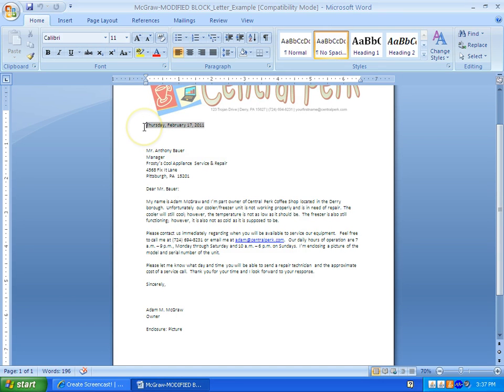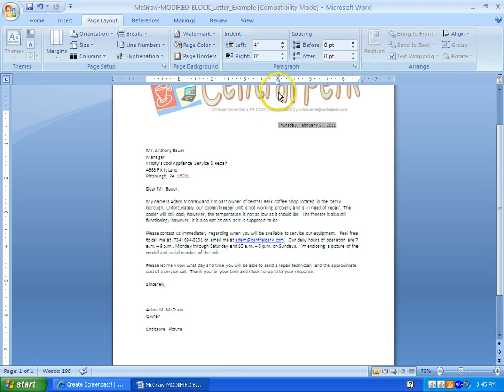So we want to select right in front of the date line, and we're going to go right up here to the very top, and you're going to see here we have this little margins indicator. Okay, and we're going to select on the left indent, which is the very bottom block, the little rectangle. Click on that and drag that all the way over. So again, you want to make sure that you move your indent by that little rectangular bar right down here at the bottom. You want to drag that all the way across to 3.5 inches. You see that line there? This is 3.5. These little tick marks in between, the smaller ones, denote a smaller interval, and this right here at this one